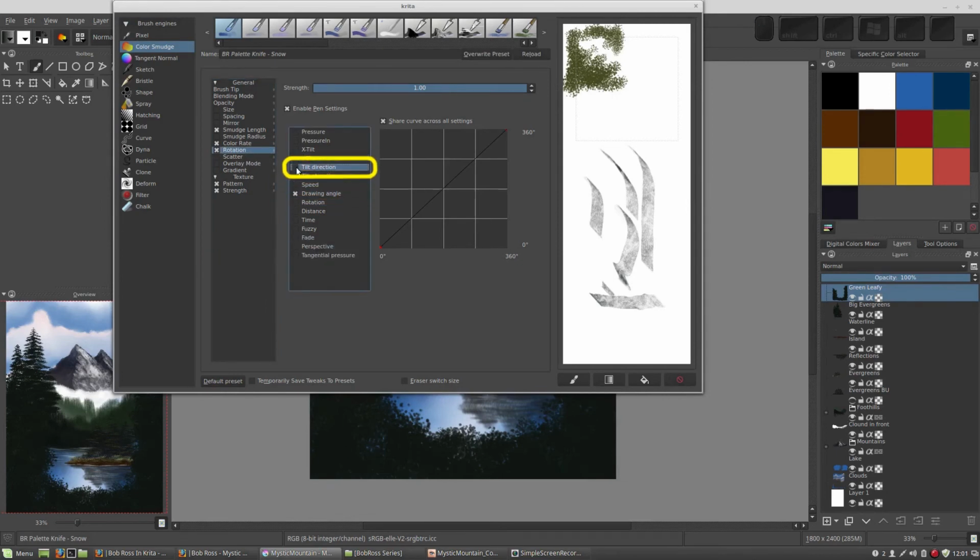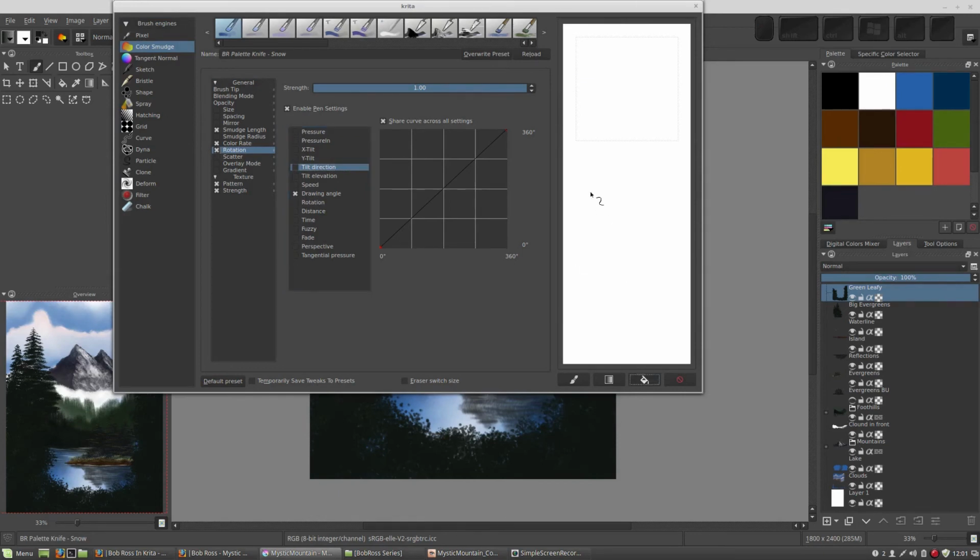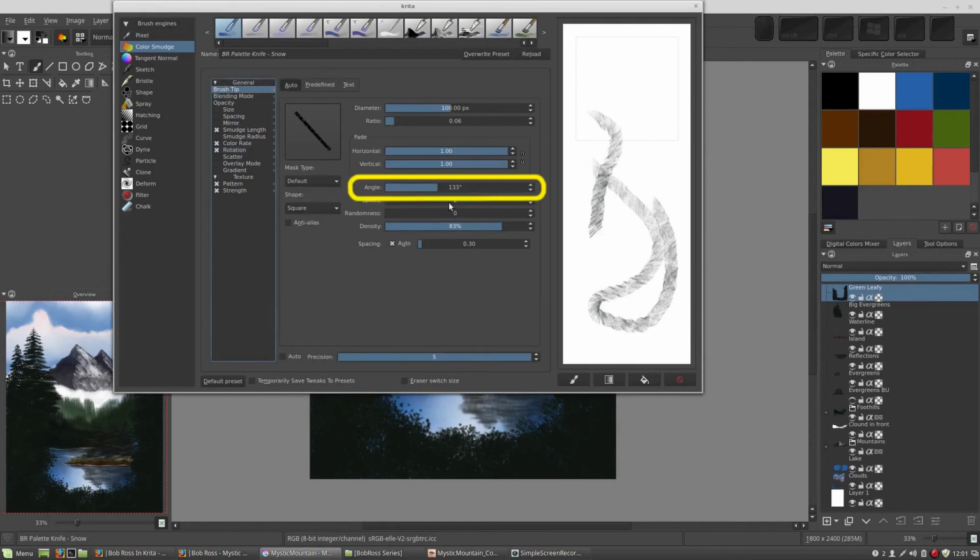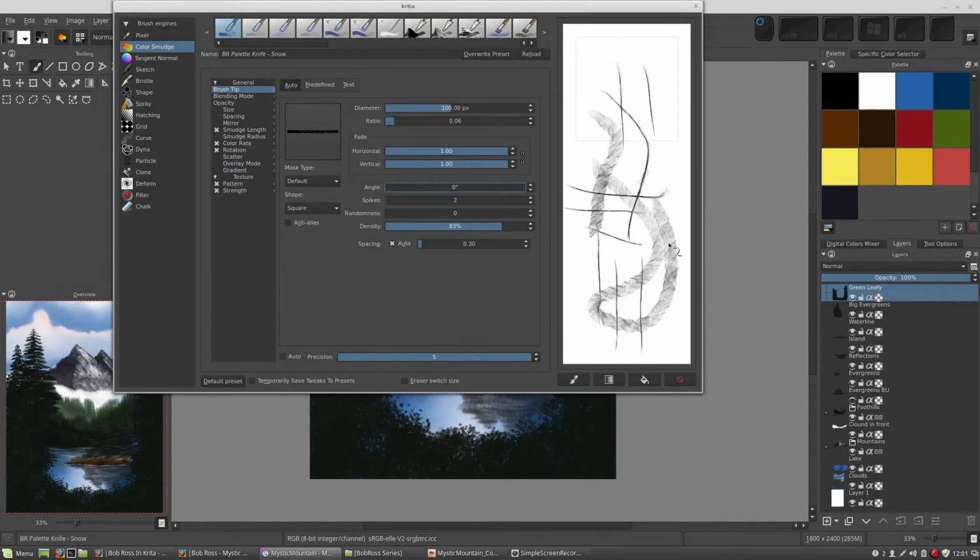I'm going to turn off tilt direction. So I've added rotation and I've added drawing angle, and the effect should be obvious now where it follows the drawing angle. However, it's not going straight. So let's go to the brush tip and we'll just set the angle to 0. Yep, 0 is what we want. So when I draw down or when I draw left, that's the effect I want here. Okay, so this is just temporary. Remember, if you wanted to save this each time, you could just click that, and then when you restart Krita,